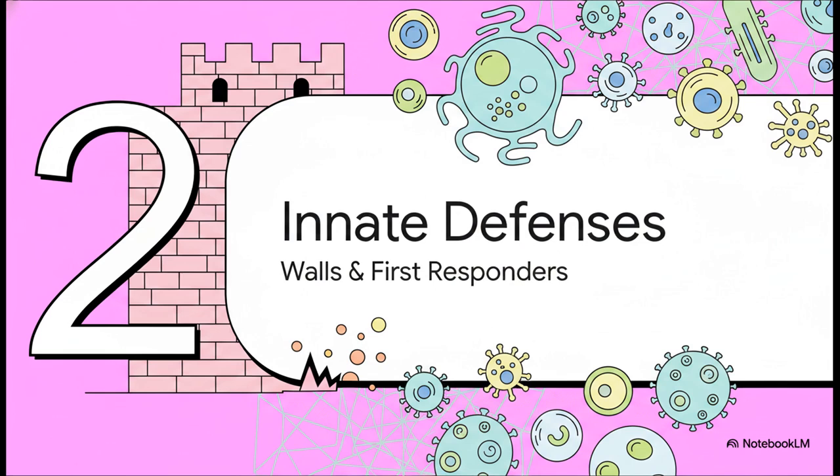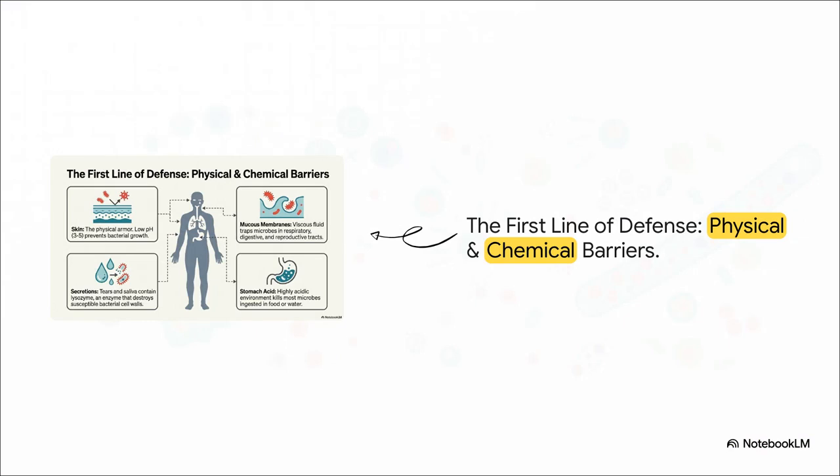Section 2. Innate defenses and local alarms, the walls and the first responders. Before any cellular battle even begins, invaders have to get past the moat and the castle walls. Your skin provides incredible physical armor, and its low pH of 3 to 5 prevents a whole lot of bacterial growth. If microbes try to enter through the respiratory or digestive tracts, well, mucous membranes produce a viscous fluid to